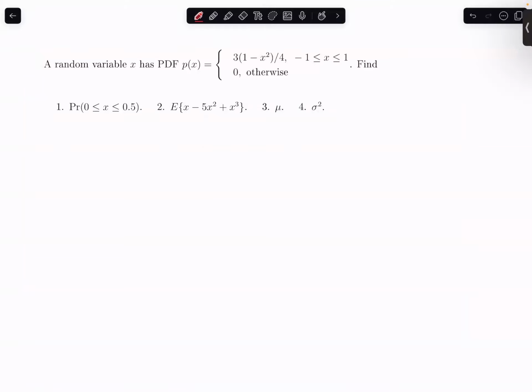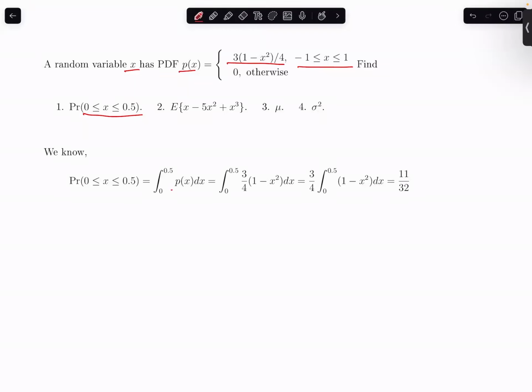In this problem, we are given a random variable x. It has PDF p of x, which is given by this, and the range of x is -1 to 1. We'd like to find the probability that x is in the range 0 to 0.5 first. To find that probability, what we have to do is